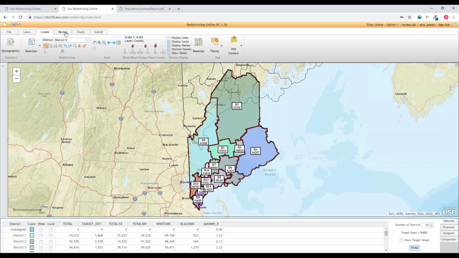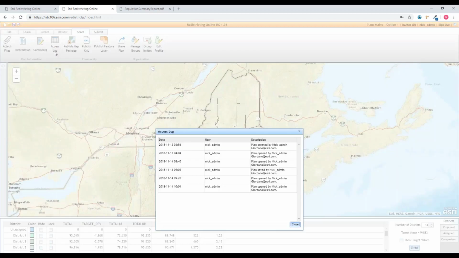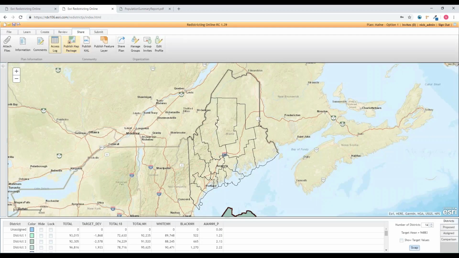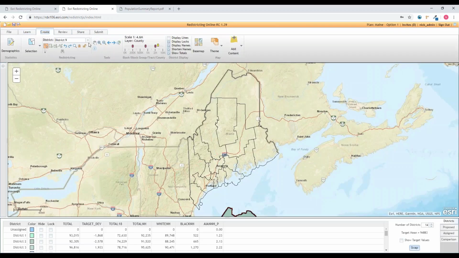Additionally, you have the ability to look at the access log for these maps. So you'll see, here's all the times that I've opened this up, not only editing the maps and saving it, but also just opening it in a default. Let's jump back to this. And